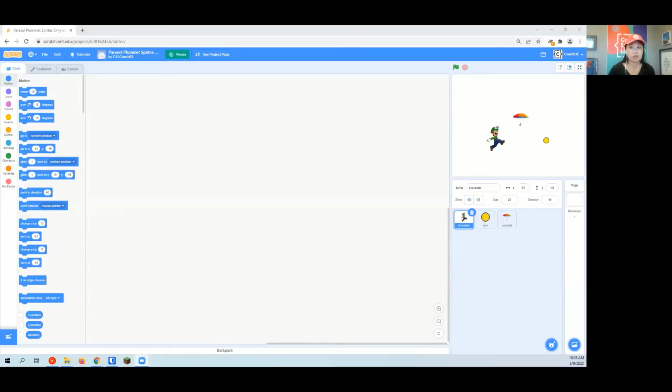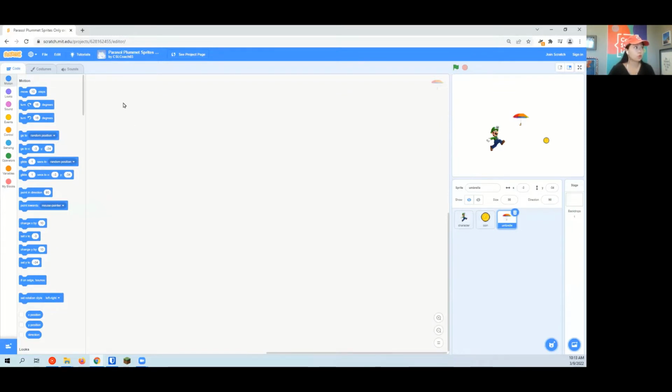And you'll probably notice that in Scratch, it does not normally have all of these fun Super Mario characters. So what the CodeSpeak Labs team did was create a project that specifically has these special 3 Mario sprites here. The character, the coin, and the umbrella, which is actually an optional advanced sprite that you can put in. And so what you need to do is when you go to this URL, the link is actually below this video in the notes section,